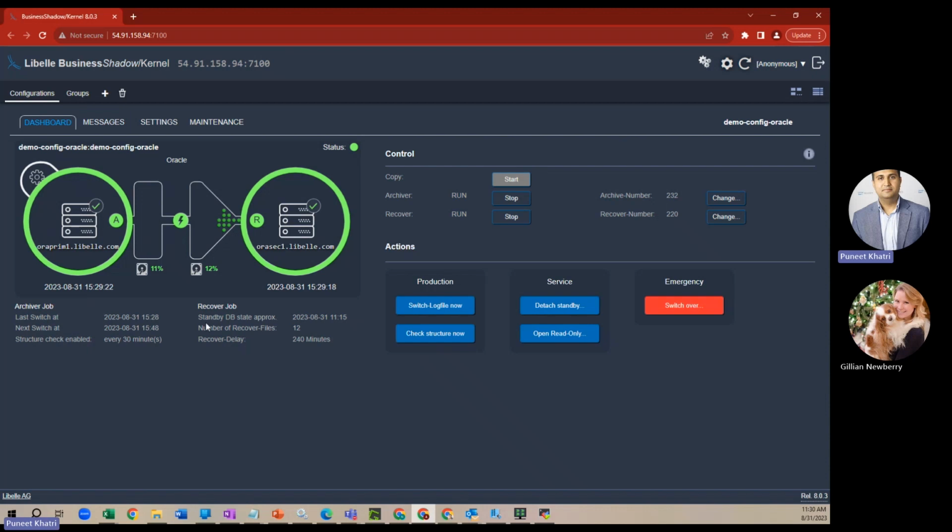So we take care of structure changes as well. Now, on the right side in the recover job, you can see the current standby database time, the number of recovery files currently available that are pending to be applied, and the recover delay. Now, this recover delay concept is very helpful and needed